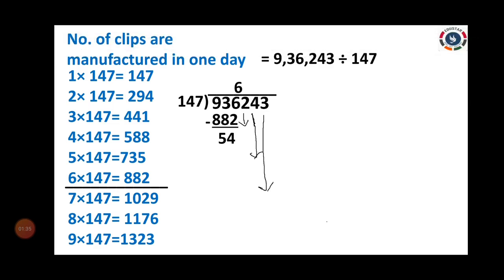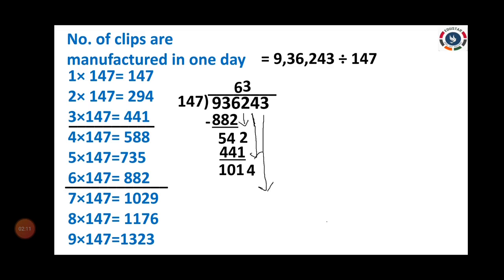Then the remaining we have 3 numbers. You have to bring them down one by one. First you bring down 2 alone. So 542, how many times are there? 147 in 542. Where is 542? It is not there, isn't it? So you want to take less than 542. 3 times or less than that. So 3 at the top and write 441 at the bottom. Then you subtract the two values. You get 101. And then bring 4 down.